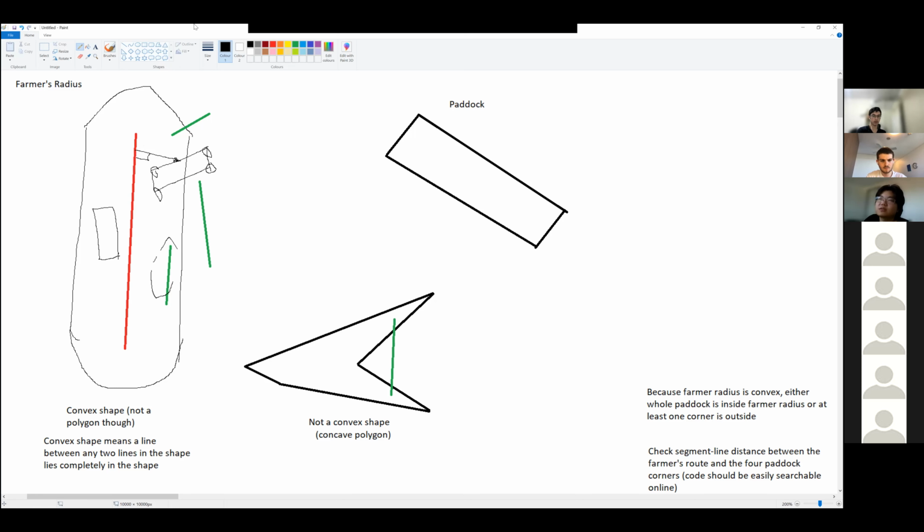For point segment distance, you have an extra check. Are the x values of the point you're checking between the 2 endpoints, or are the y values between the 2 endpoints? If either of those is true, then you can use the point line distance. Otherwise, you just use the point distance from the endpoints and then take the smaller one.